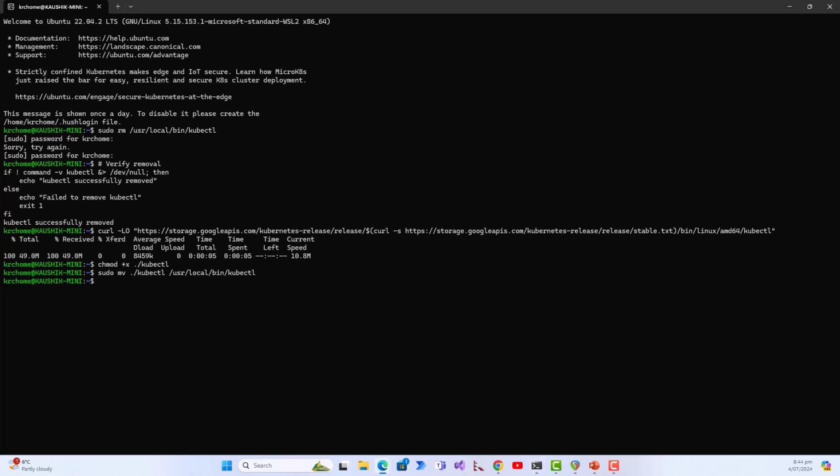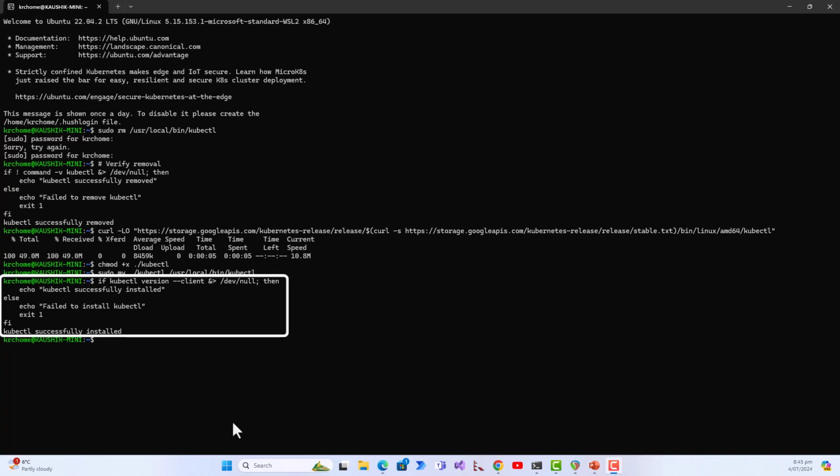Now basically this was the installation and the removal script verification part that I wanted to explain in more detail. That's why this lecture. So kubectl successfully installed. Now let's see this part. Okay, then `if kubectl version --client &> /dev/null`,